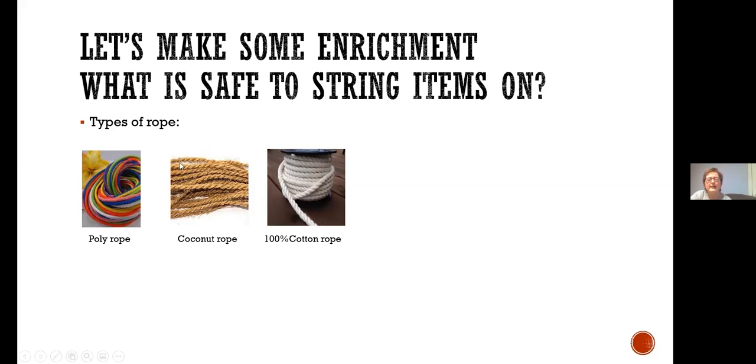Again, with any woven type of ropes, you need to watch for fraying, where you have to trim them up to make sure that they don't get,